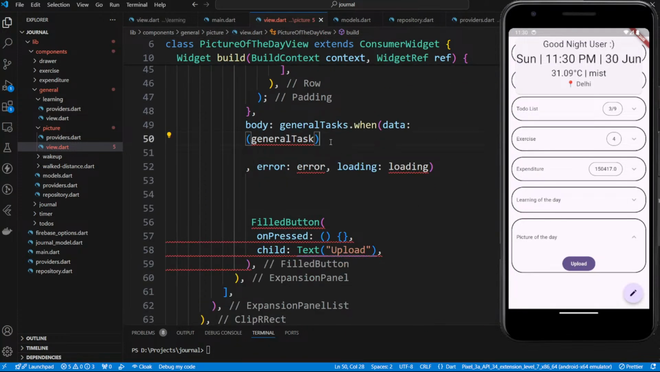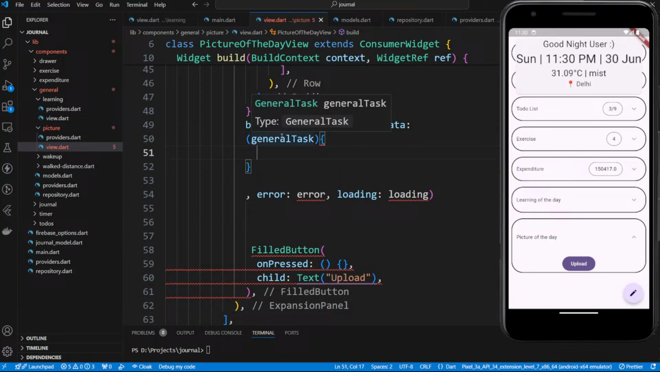We get the general task, and here the data will be of type general task, and what we'll be getting here is picture of the day. So we'll be getting the URL, and we want this URL. We need to do a network call to get the URL and show it. So if there is no URL, then we'll show this upload. But if there is a URL, then we'll show the URL picture. Okay. So if